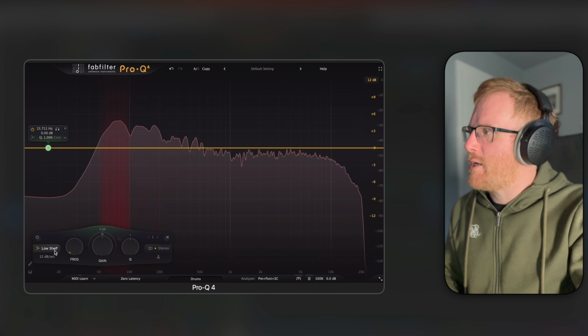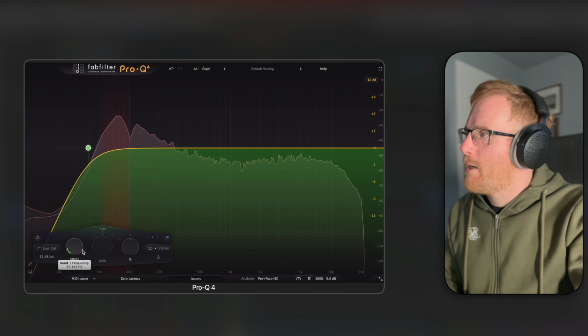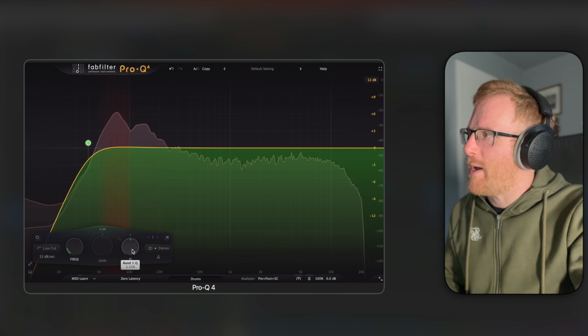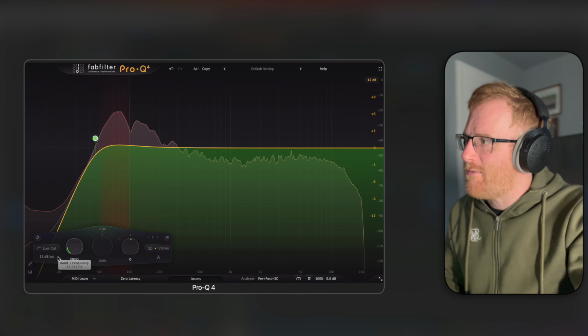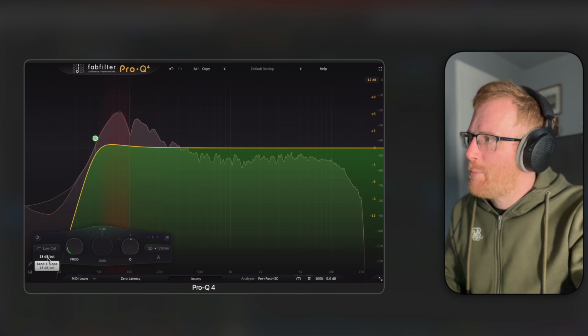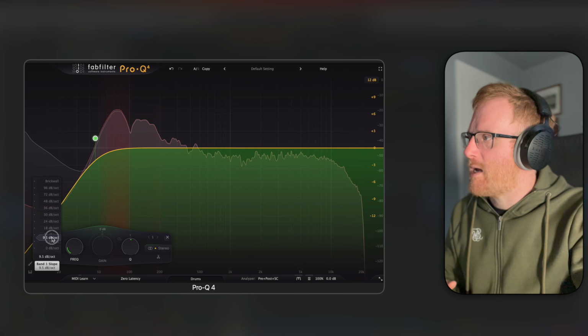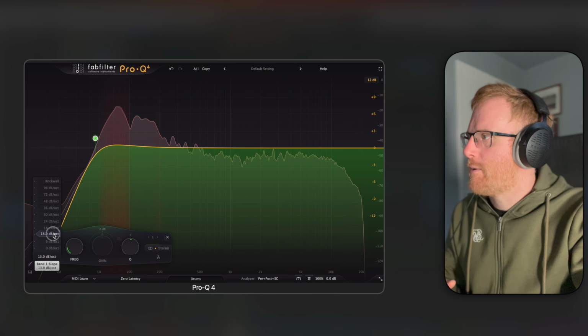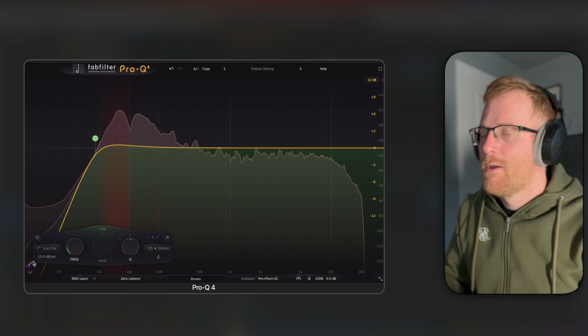What can sometimes happen is when you put a cut in like this and you want to find the right frequency, you end up having to compromise between your Q, adding a bit of a boost, getting the frequency just right, and taking too much of the roll off, and then maybe we put that to 6 and it's not enough, or we put it to 18 and it's cutting away too harshly. So click on here and we can drag and move it to where we want. Settled on about 13.1 there, didn't we? And a nice slope. Now when we click off, we have a slope of 13 dB per octave,